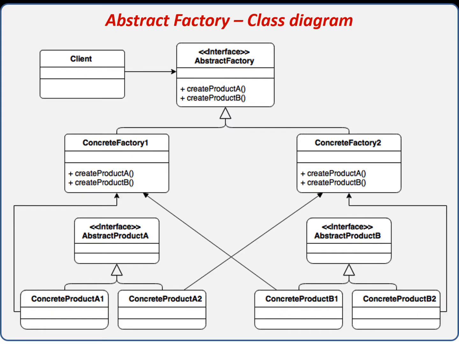This is the general UML representation of the abstract factory design pattern. You can see that the client class is requesting the super factory or the abstract factory for any kind of product request, and the abstract factory further has the concrete factories, and the number of concrete factories depends upon the number of products that you want to create using this design pattern. So the concrete factories in the previous scenario which we discussed were four. And this is the general UML representation.